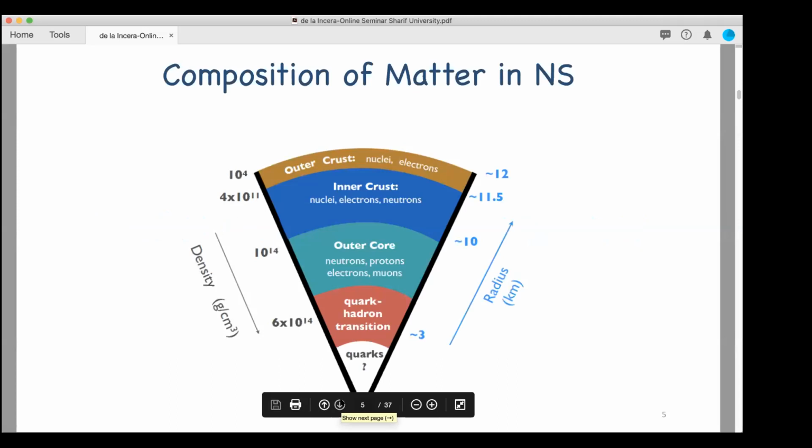Well, we know that neutron stars are made mostly of neutrons with some composition of protons and electrons. And when you go inside the star, the density increases and increases. And there is a possibility that there is a transition from hadron to quark matter, so that at the core we can have quarks. This is a hypothesis,